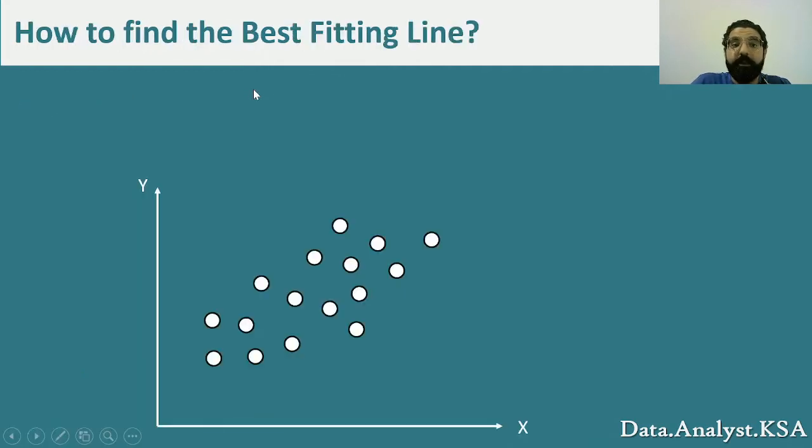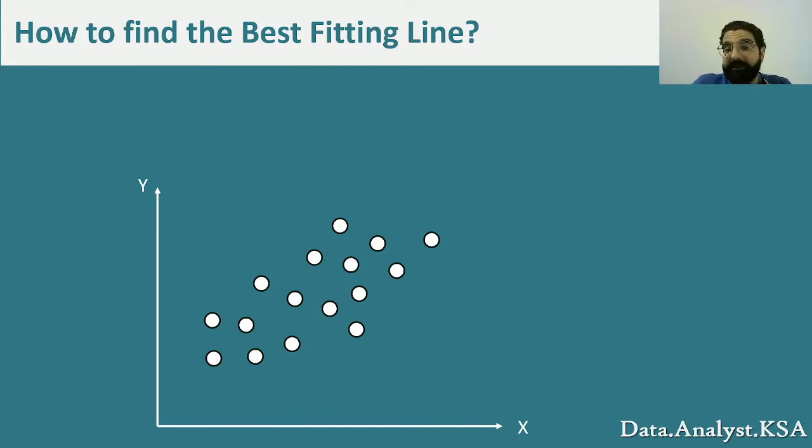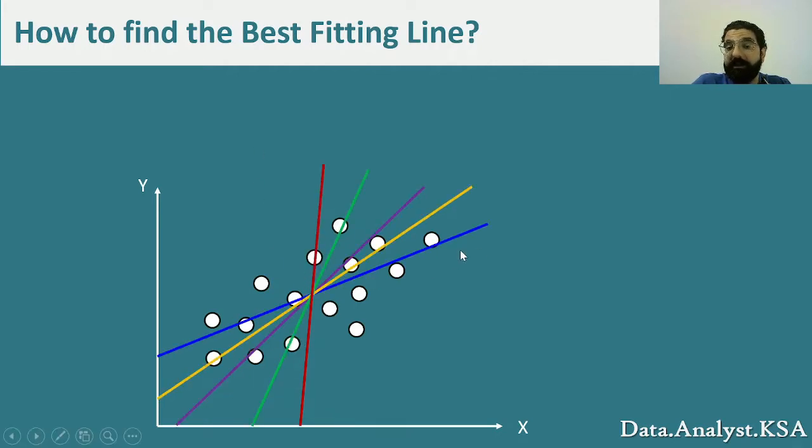data. Now to the big question, or the big elephant in the room, as they say: how to find the best fitting line. So we can fit a line like this, we can fit a line like this, or we can fit the blue line or the yellow line, and all of them are passing through the data, but some of them seem to fit the data better, or fit the trend in the data better. Well, how can we do it mathematically? So it's not just an intuition where we select a line based on how we see it fitting the data.